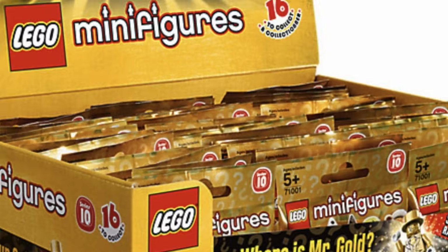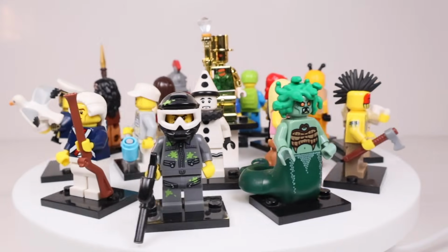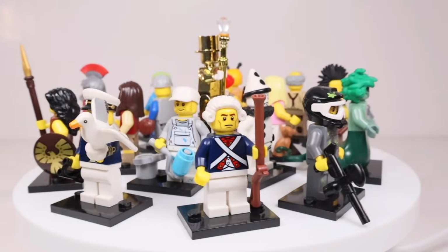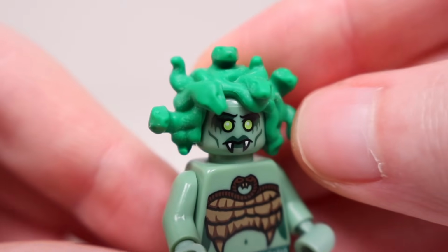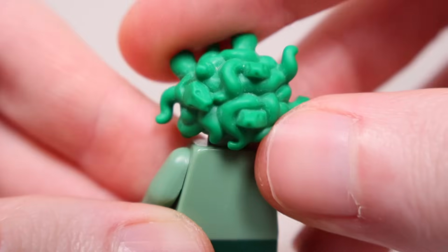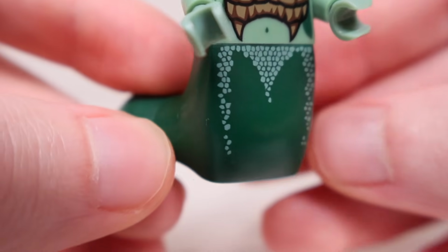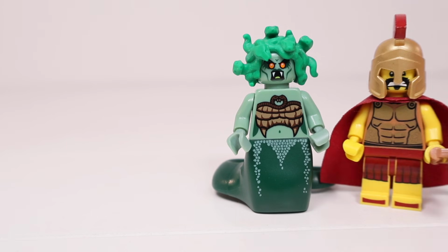Going back to some older minifigures now, Series 10 arrived on shelves in 2013 with golden bags as usual, giving us 16 more fantastic minifigures to collect. Medusa was the first minifigure that I got from this series, and with her awesome snake hairpiece which later returned for Ninjago's General Makia, 2 excellent face prints, and great use of the Ninjago's serpentine tail,